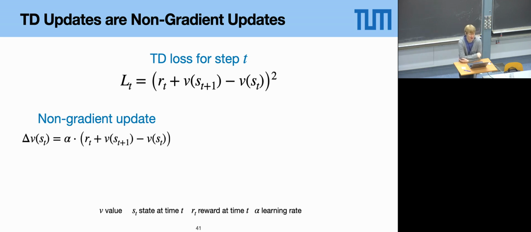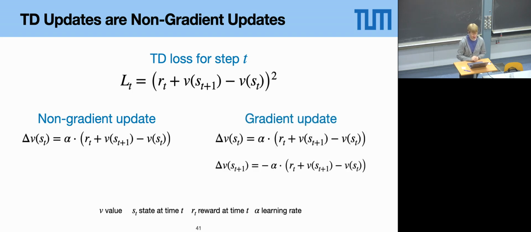And how can you see that? Remember that in these residual losses, you have two predictions, like for this specific one, two variables, the earlier value and the later value. But we choose only to update one of them. Like in true gradient descent, we would obviously compute the derivatives for both of these values and apply updates there. So in that way, you can already suspect that what we did earlier was not a gradient update. And how can this be motivated, to leave off one of the terms of the gradient update?